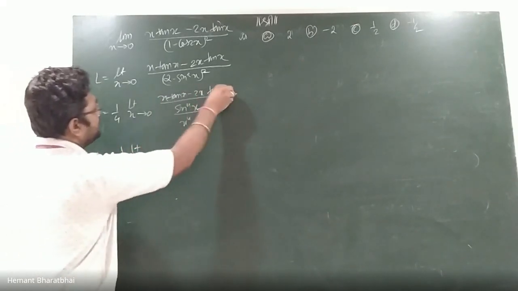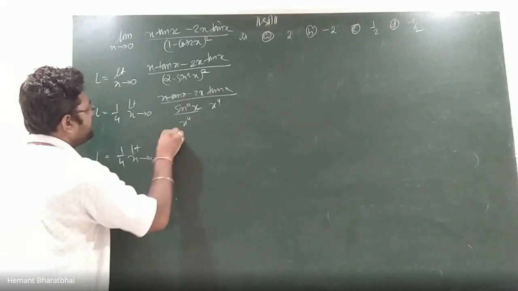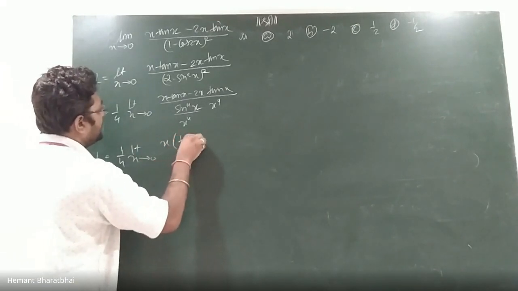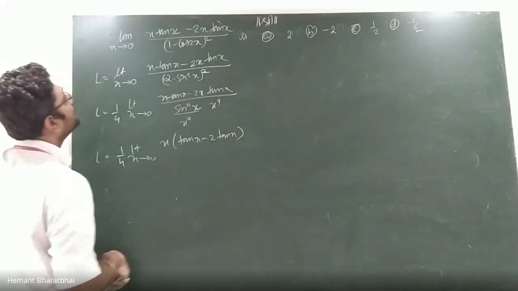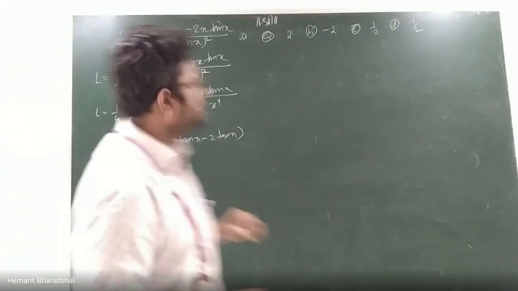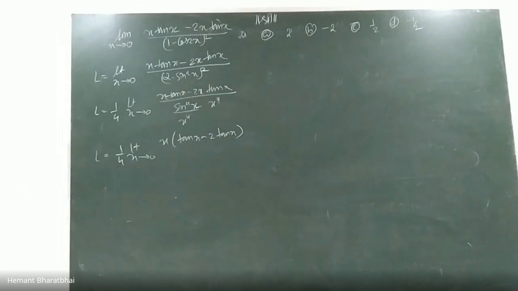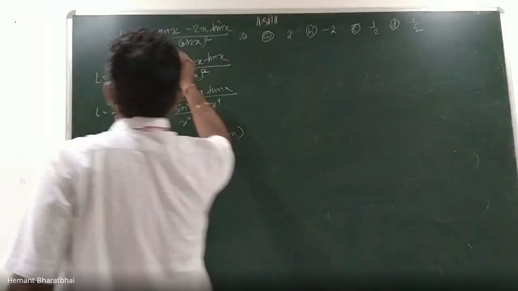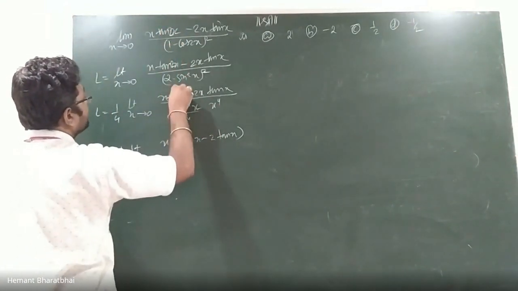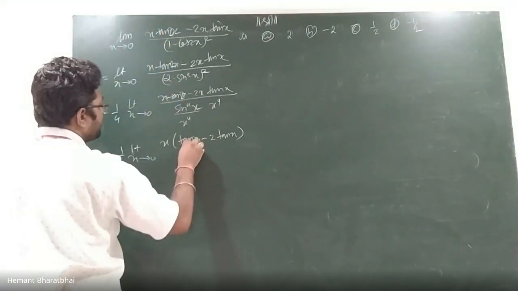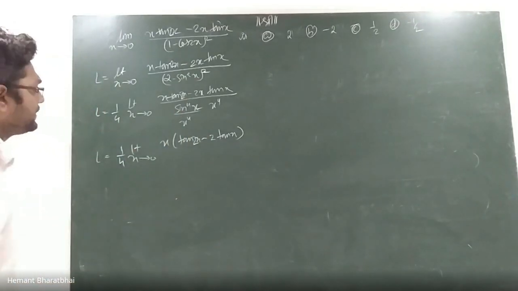From here and here also I take x as common. So what will remain is tan x minus 2 tan of x. So tan 2x, just let me, yes, again I made a mistake in writing the question. This is 2x, this is tan 2x